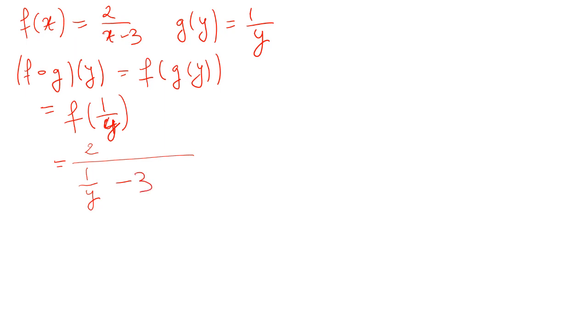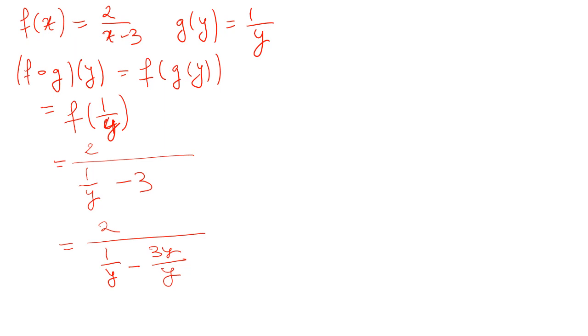Now, the first thing we need to do is to simplify the denominator. To do that, we have to subtract two fractions. To subtract two fractions, we first need to bring them to the common denominator. In this case, one fraction has the denominator 1 and one has the denominator y. So the common denominator will be y. Then I have to write 2 over 1 over y minus, and so now instead of 3, I will write 3y over y, which is the same